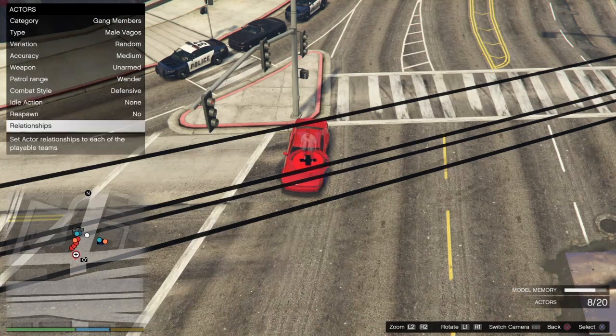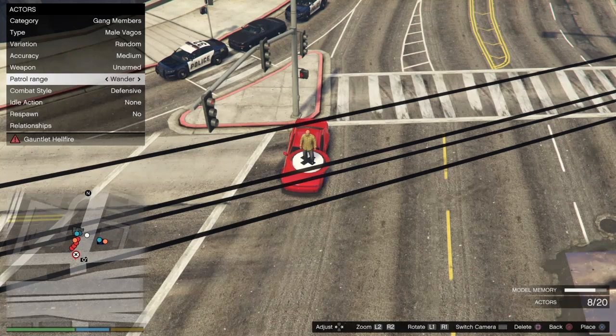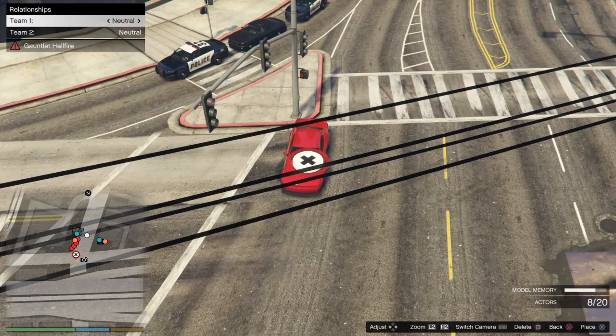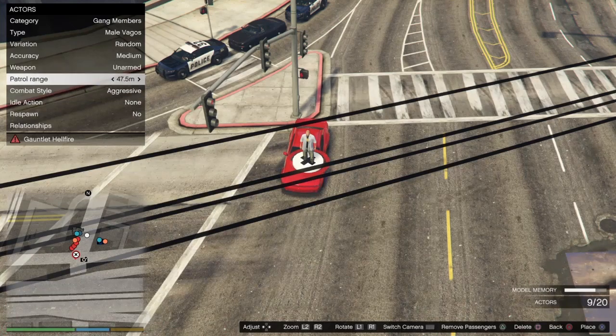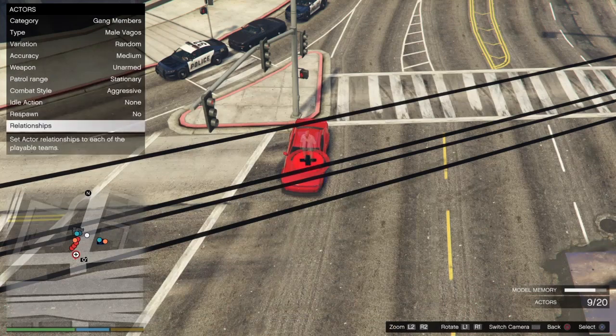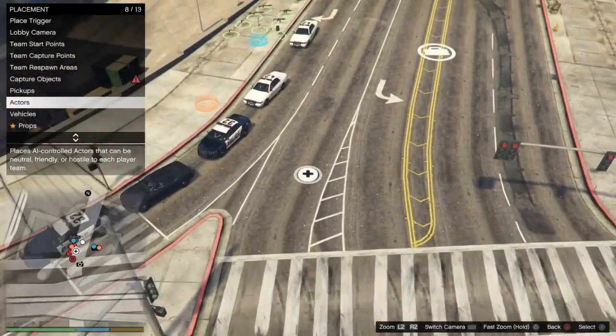I know this is a long process. This is not something that everybody wants to keep watching, but it does work. So he's on wander. He's on defensive, neutral. So we're gonna put him right there. And then the other one on aggressive, we'll put him as stationary. And then he's also going to be neutral. We'll give him a weapon as well. One bad thing about it is,